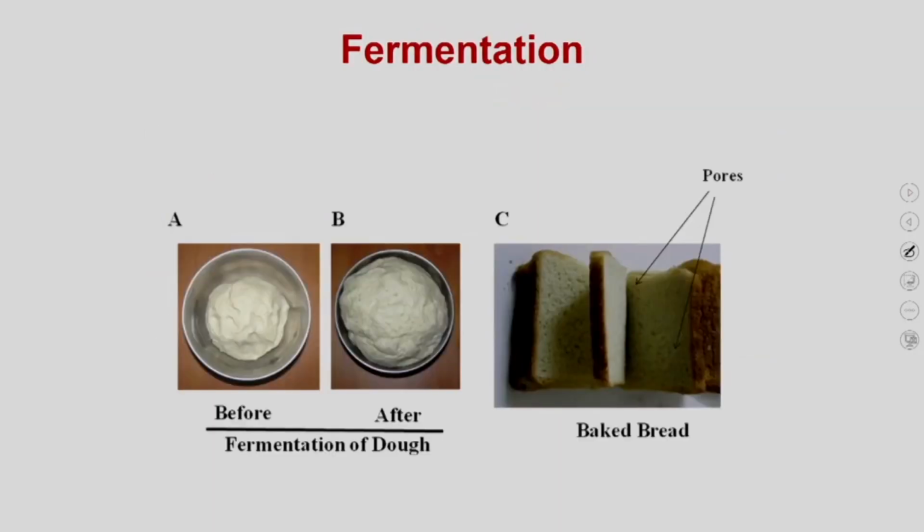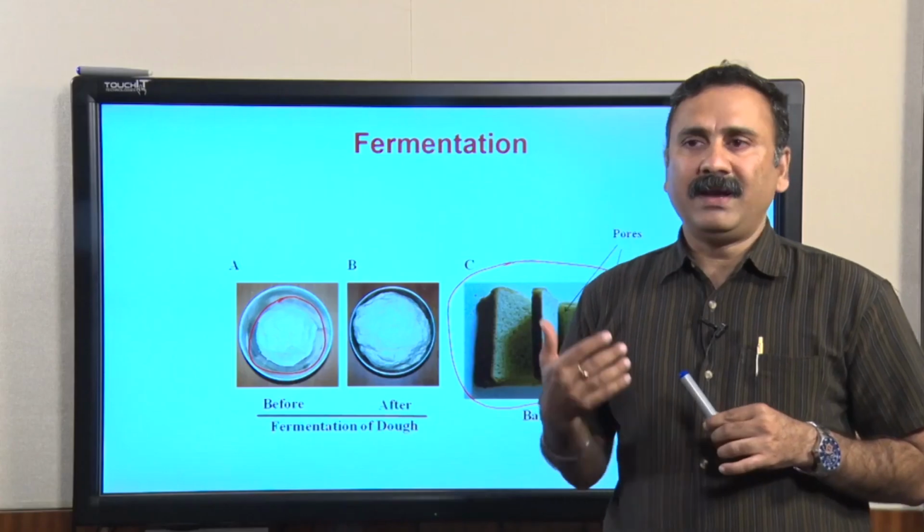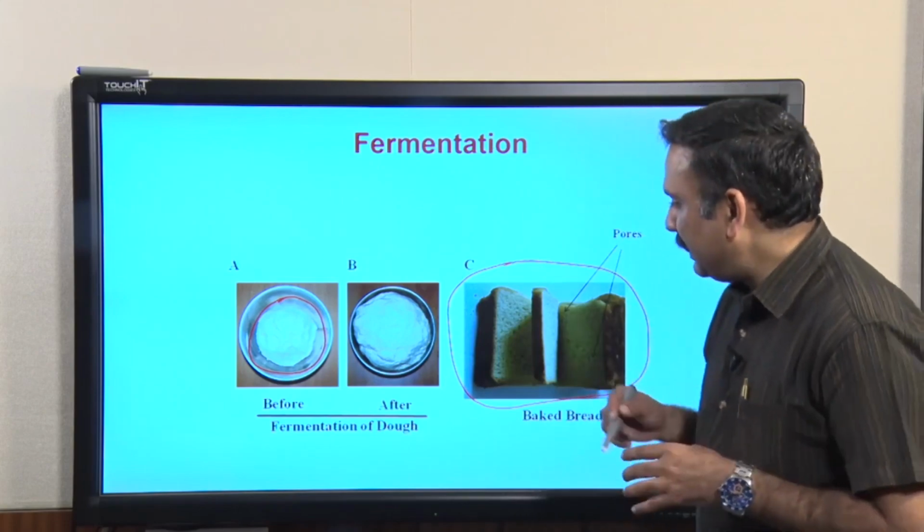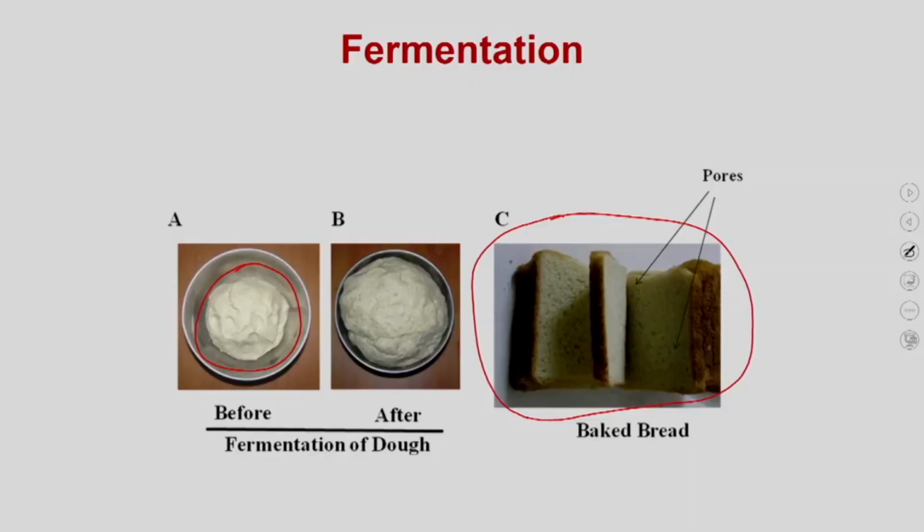Now, let us see another product which you use in your daily life. This is bread, which you use in your home. So, how is the bread formed? The bread is formed simply by having a dough, and to this dough you add yeast, and then you let the dough incubate, or remain as such, for some time. What happens is, when you add the yeast to the dough, the yeast utilizes the glucose present inside the dough, and by utilizing the glucose it produces carbon dioxide, and that carbon dioxide is a gas.